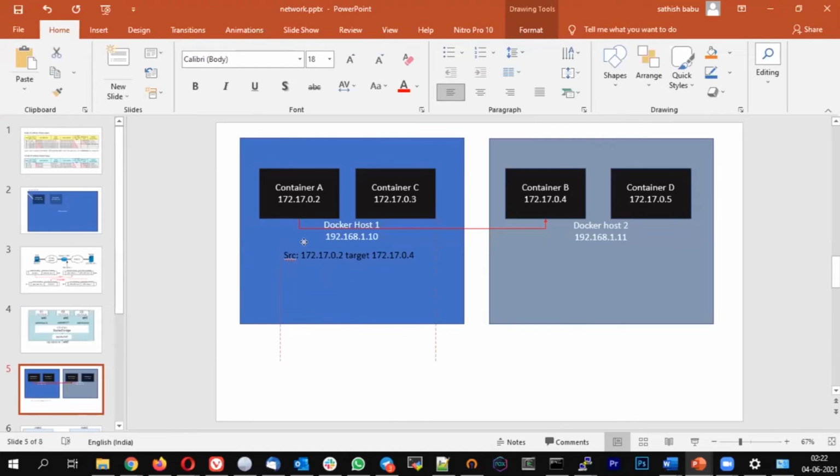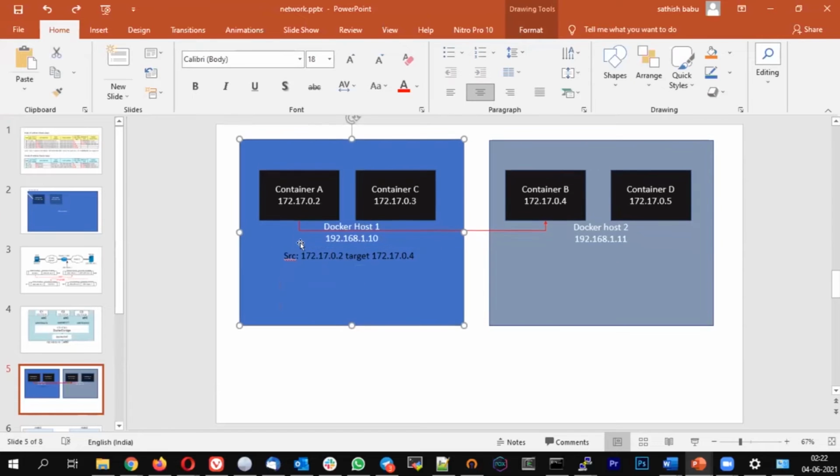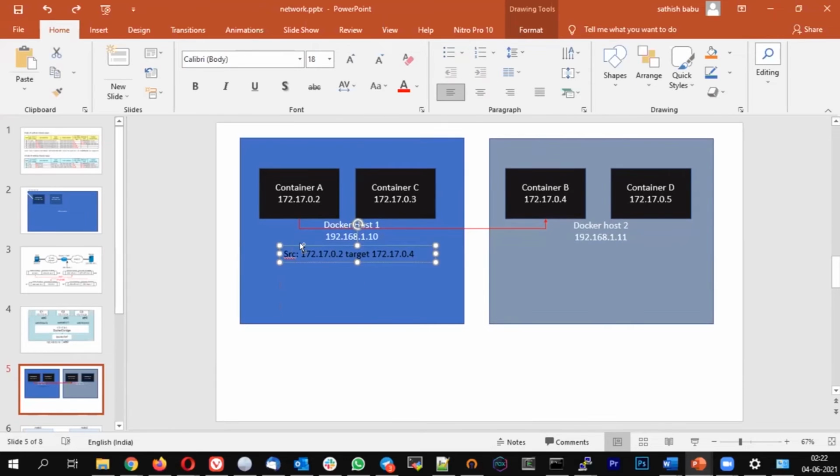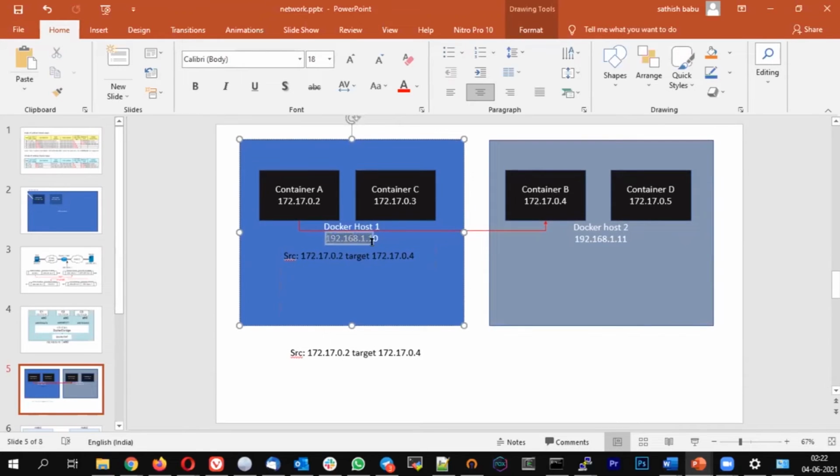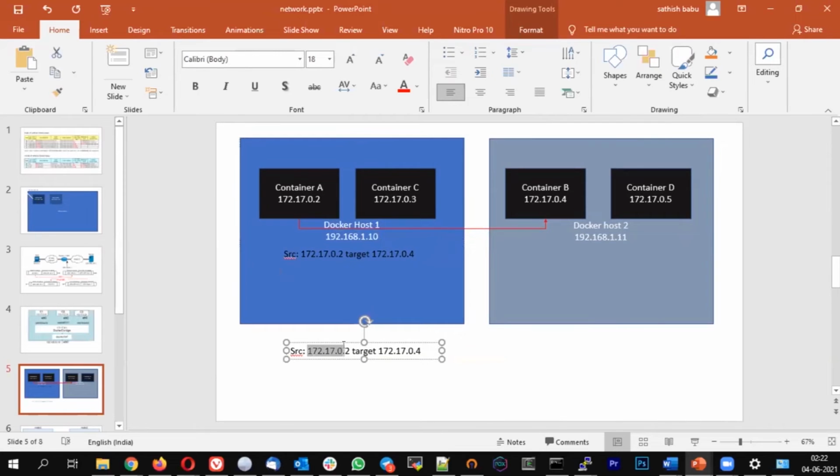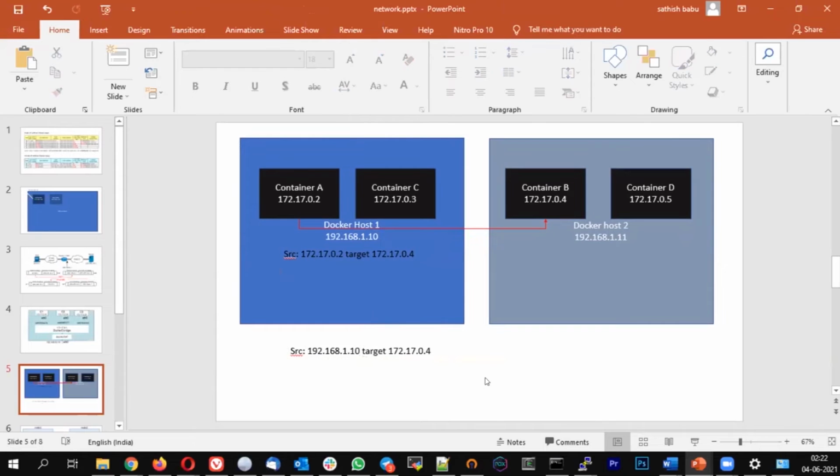Okay, so this will be the concept inside, and when the packet comes out, it will be transferred like this. So the source will change like this. Okay, and the target,